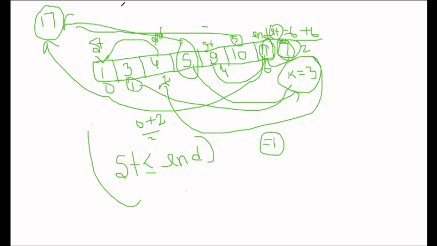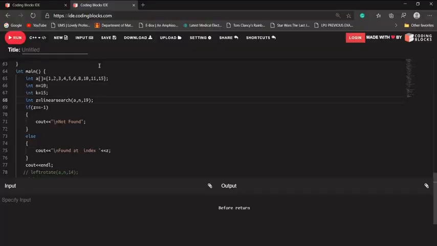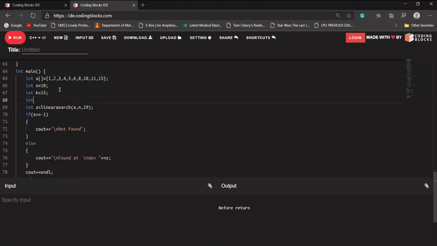Okay, let's try to design code for this so that you can understand it in a good way. This array is sorted. Let's not run linear search; let's run binary search.